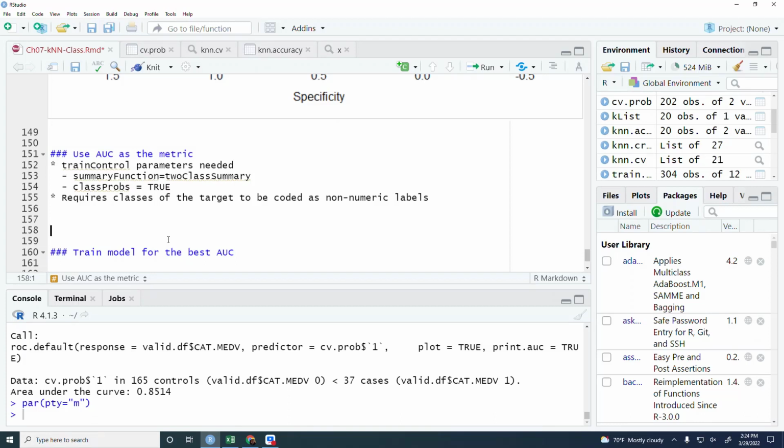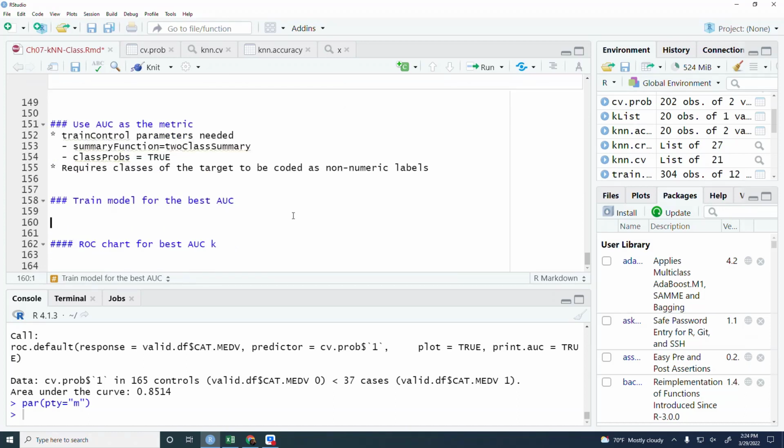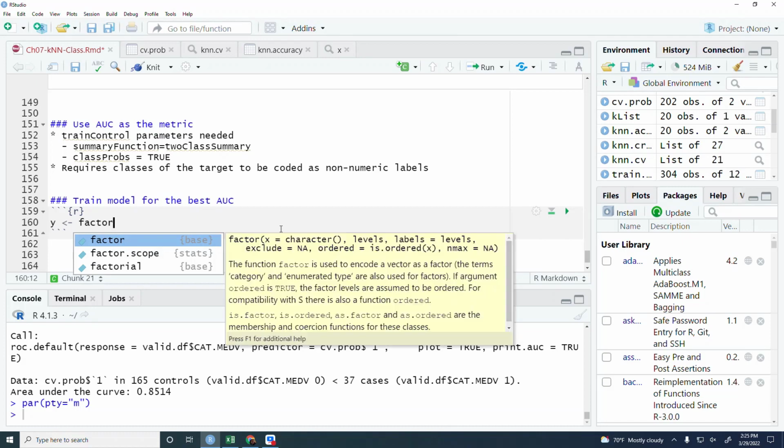train control slightly differently. There are a couple of things we have to do before we can run the training code. So we have to set up our target with labels. It has to be a factor, but we can't use as.factor because as.factor simply uses default factors 1 and 2. So we have to use, so we say